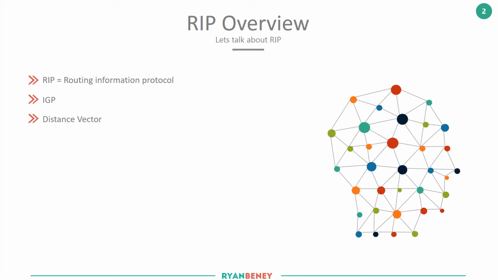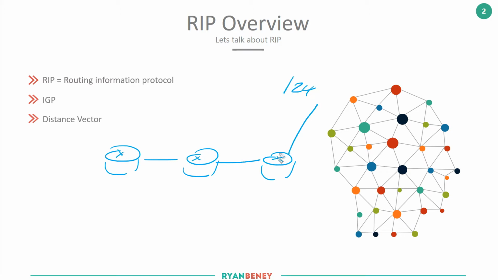So what is distance vector then? Distance vector is one of the categories that we put our routing protocols into. We've just seen the others, which are link state, hybrid or advanced distance vector, and path vector. But distance vector is, to an extent, kind of what we already know about routing so far. Let's say we have three routers all connected together in some kind of daisy chain environment here. And off the back of this router, let's have a /24. Well, what we do know is when this /24 is advertised into, let's say, RIP, and RIP is running on all of these links, then we know that